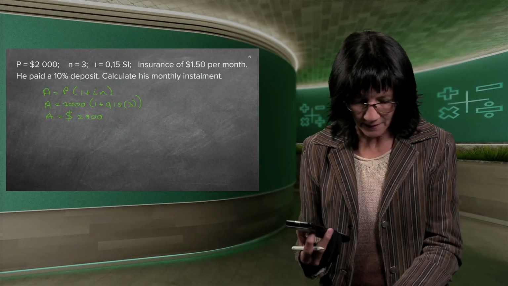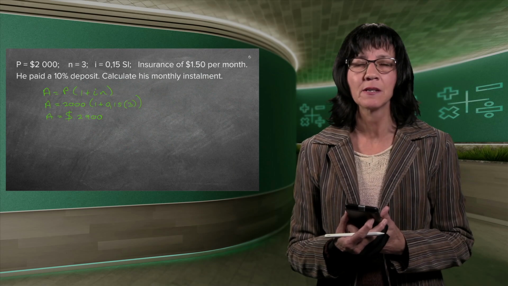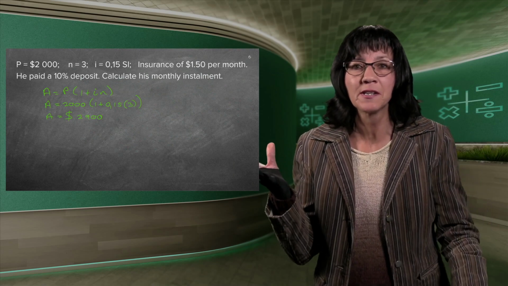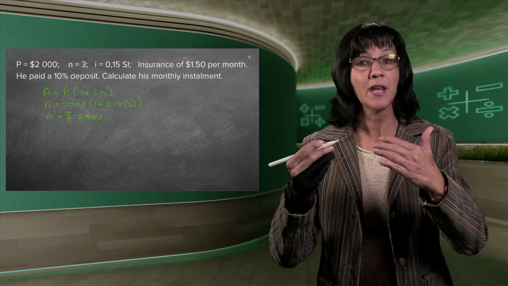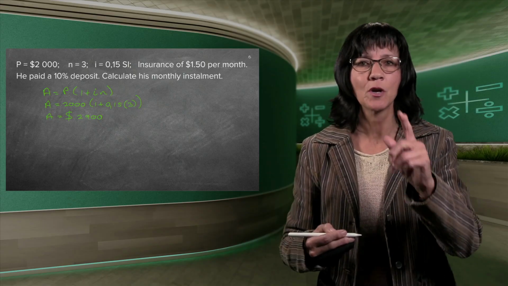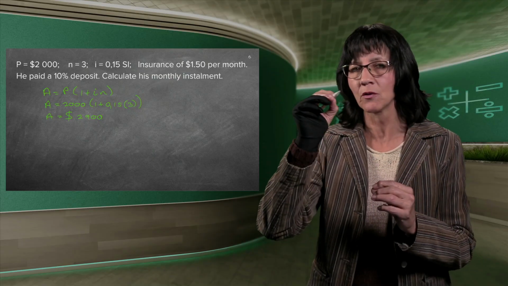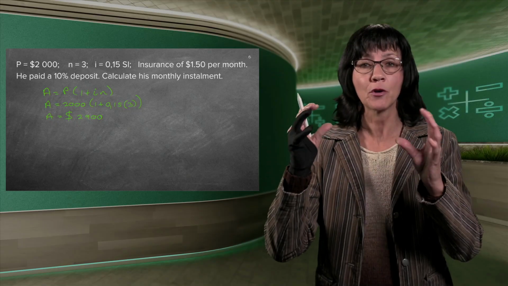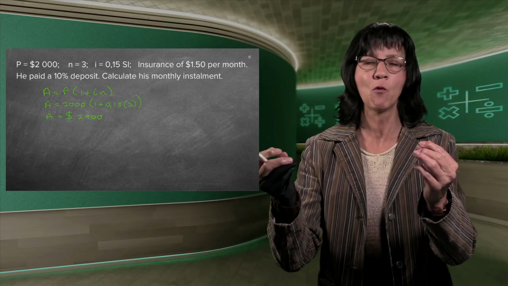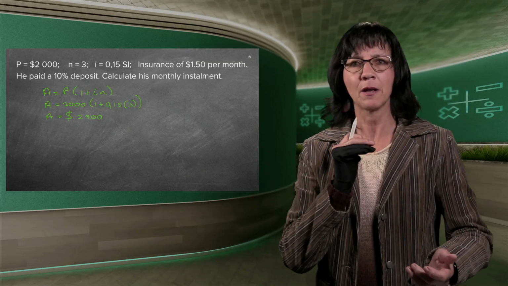Read the rest again. He paid a deposit of 10%. What happened to that 10%? Remember, you cannot now deduct the 10%. So what should we have done in the very beginning? That is why when you do a problem, you saw I ticked off everything as I read it, and I wrote down what I need. And the minute I had my 4 pieces of information, I can start with my sum.